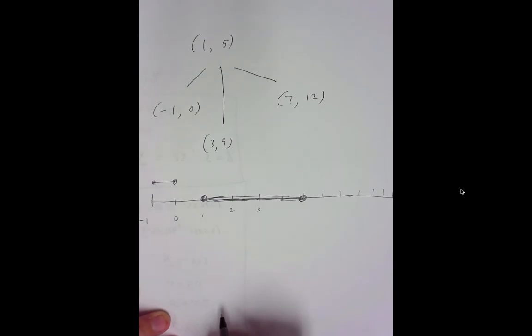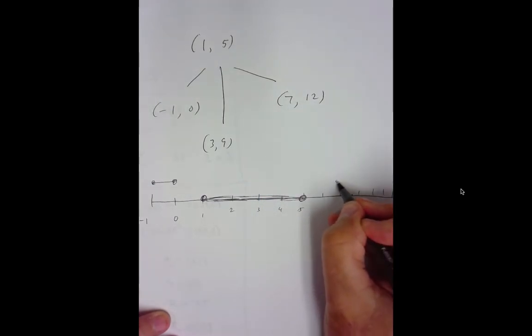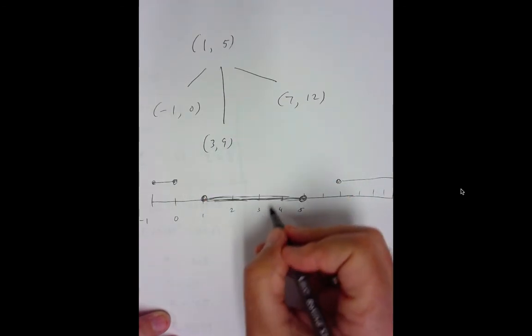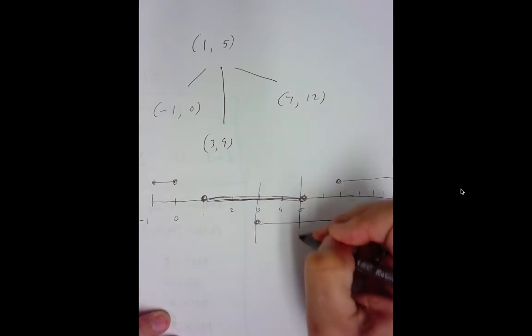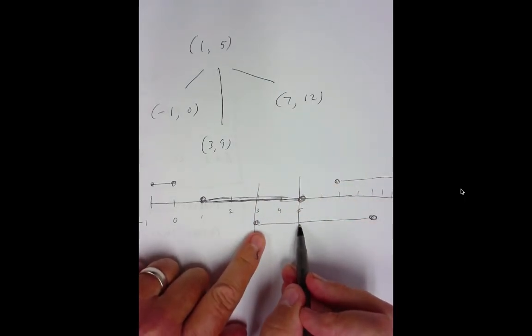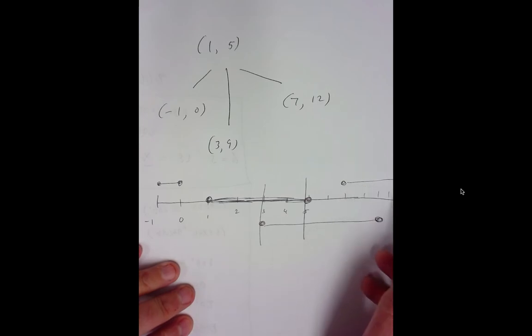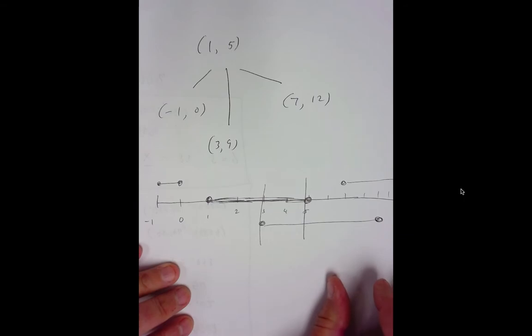No overlap. This one is from 7, so this is 4, 5. So this one is from 7 all the way up to 12. No overlap. But this one is from 3 to 9, somewhere there. You can see there's overlap. So when there's overlap in the interval, that says that there's no statistical difference. But anytime these intervals don't overlap with the base interval, in this case 1 to 5, that means that there is